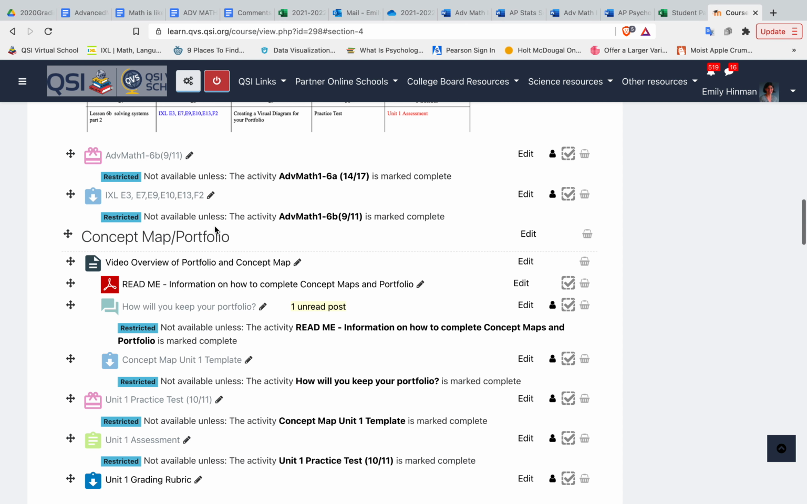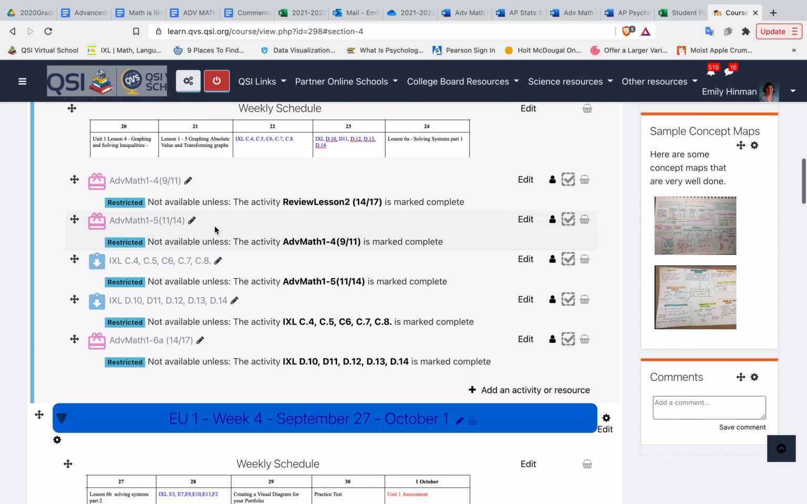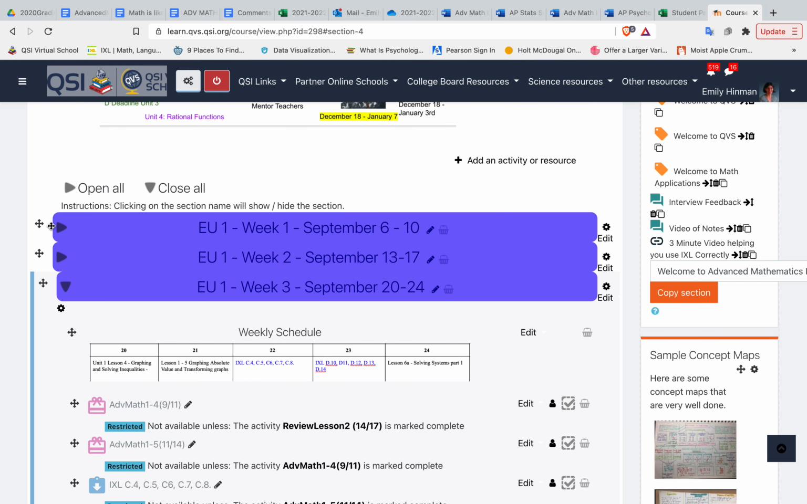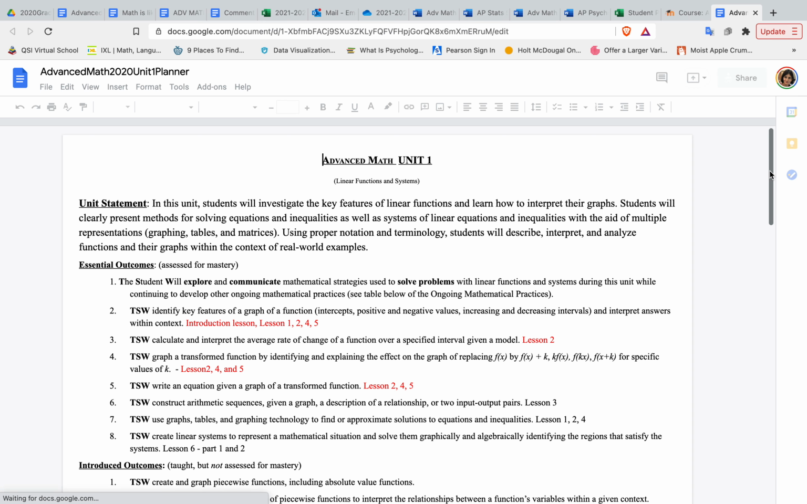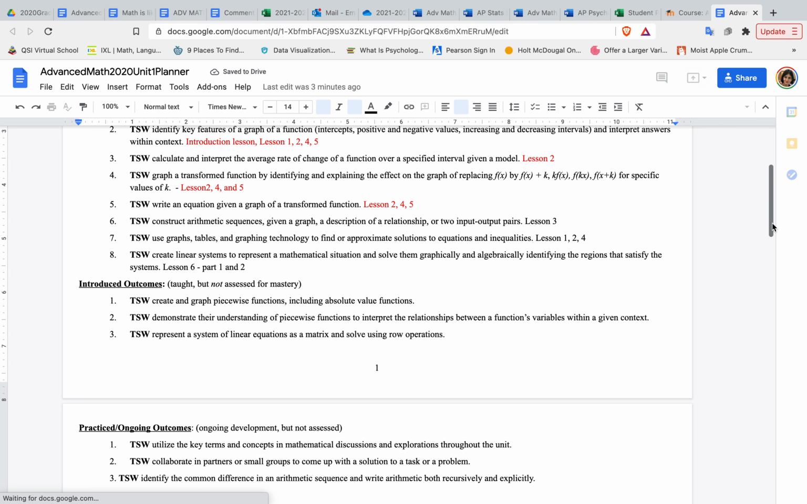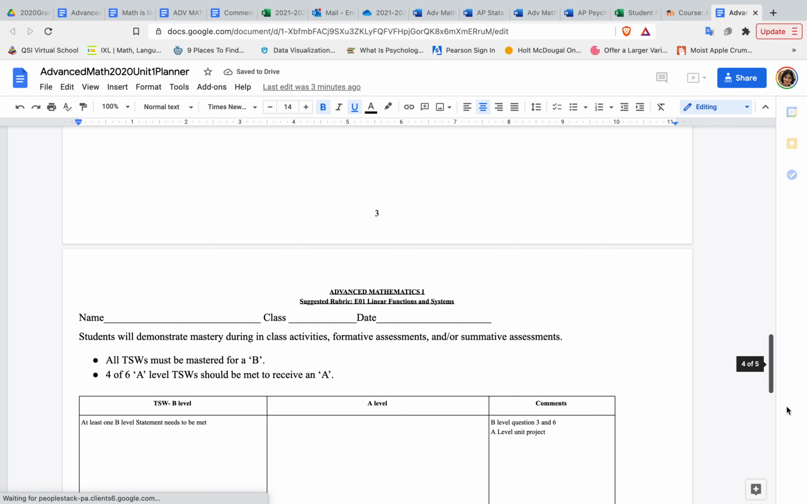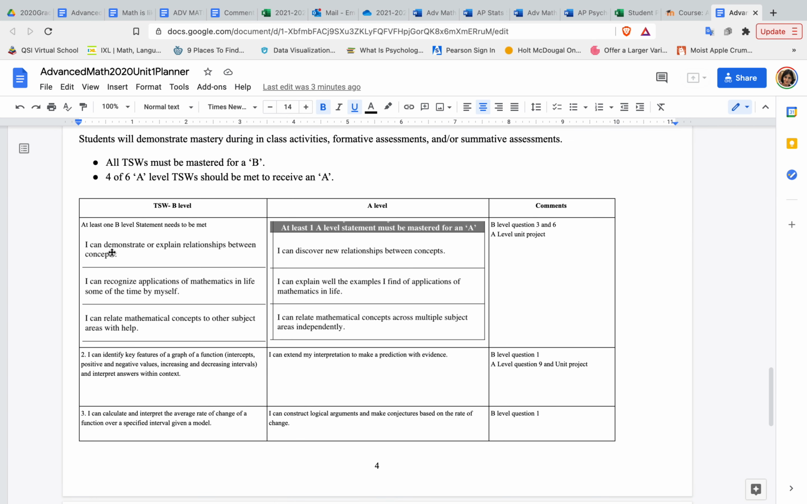So if you remember at the beginning of the unit, I told you the first thing that you'll always see in the first week of every unit is always the unit planner. And I'm bringing this up because we talked about how the grading rubric is down here, right? So it has what you'll be able to do, and then it has what you are able to do at a B level in a column, what you are able to do at an A level in a column,